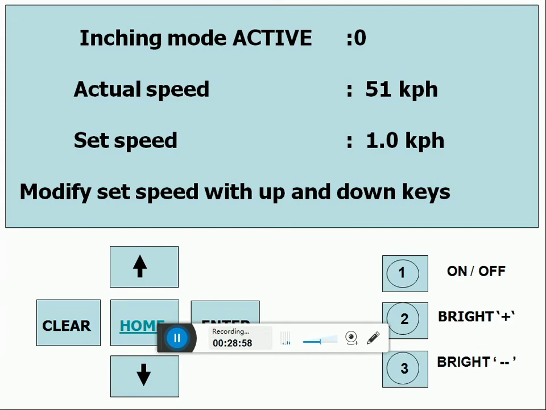During set speed, this inching mode active status will become 1. So if inching mode is not required, JETL off, and if you disturb the TB handle, this inching mode will deactivate. In case of speedometer not working, the axle speed can be displayed in simulation mode and inching mode screens.